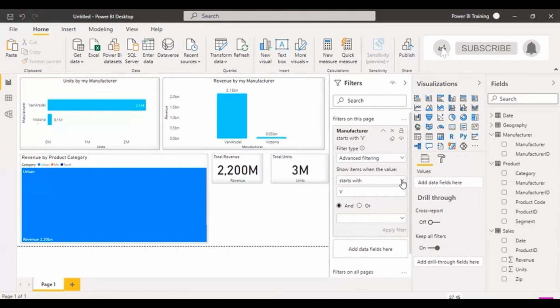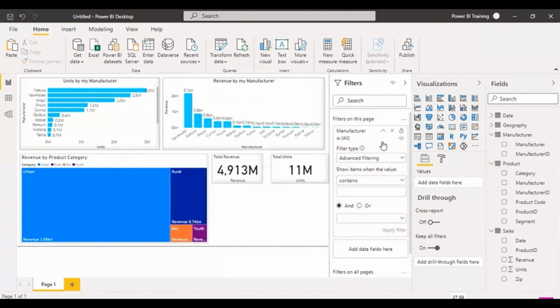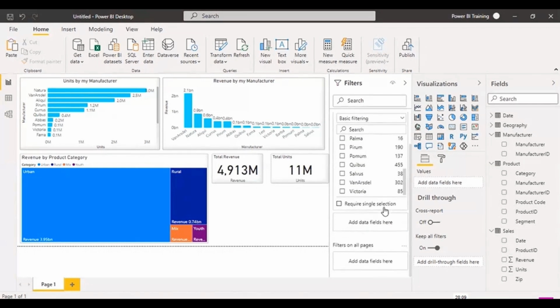If you move back to the basic filtering, first of all, to clear the filters, you need to click on this button. Whatever filter has been applied, it will clear it. To remove this field from filtering, you click on this cross mark. It will be gone. Now if you go back to your basic filtering,